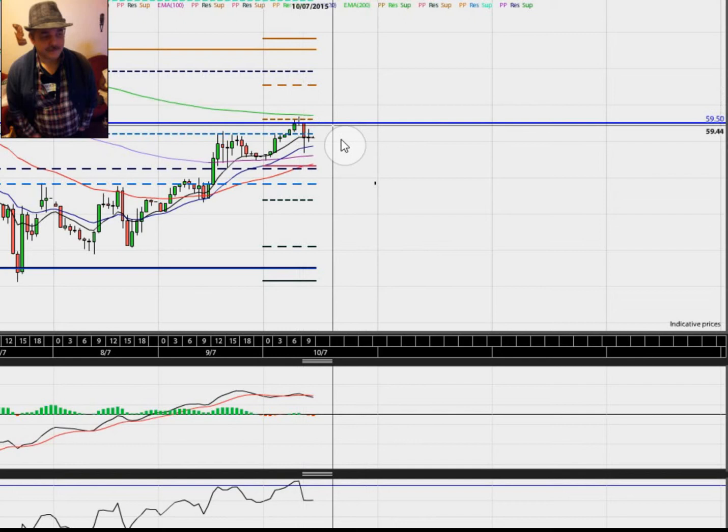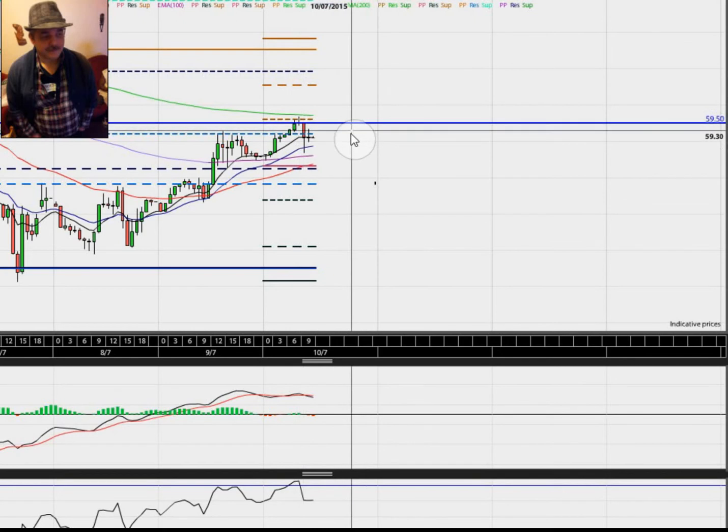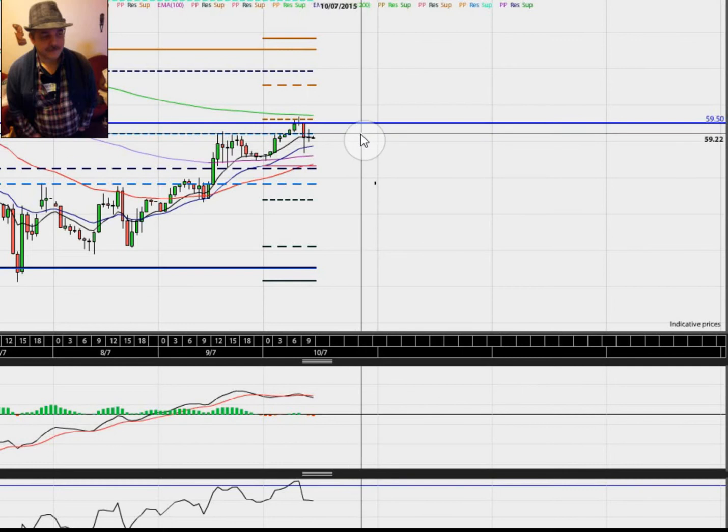You can see that nice little, very small rejection candle there, actually a little doji. If I were to zoom in a bit, you'll see that's actually a kind of shooting star type formation. For those of you who don't know about candlesticks,